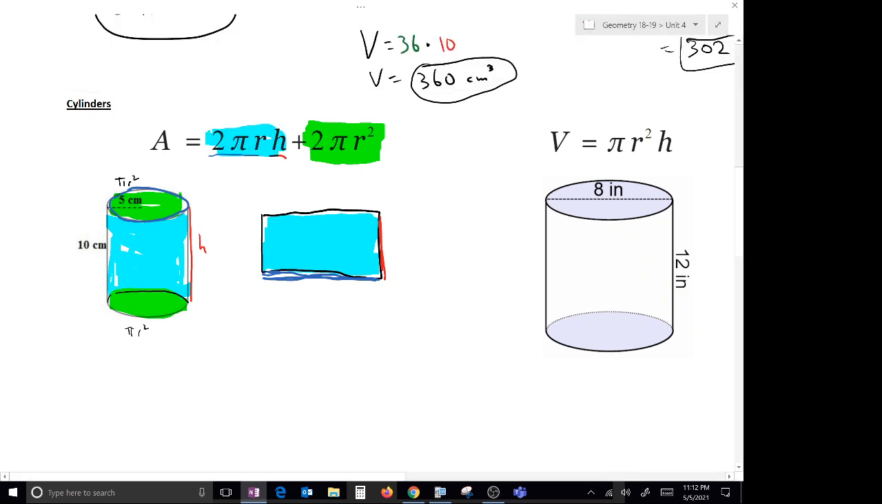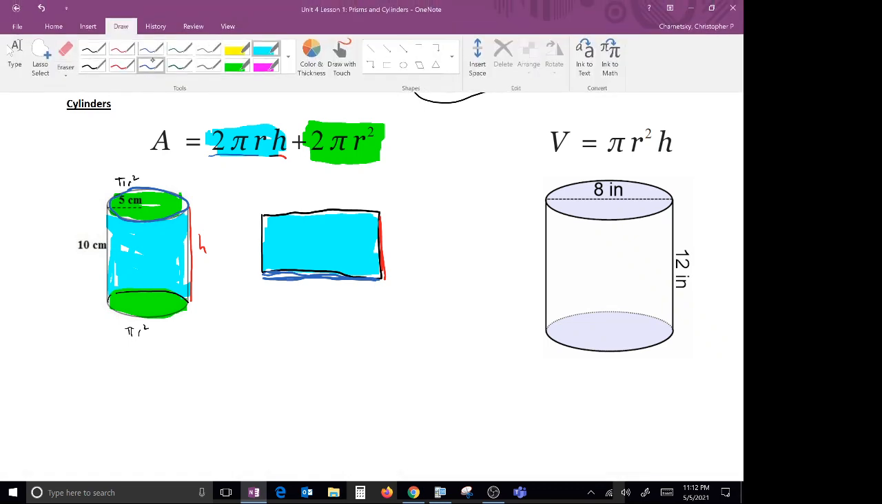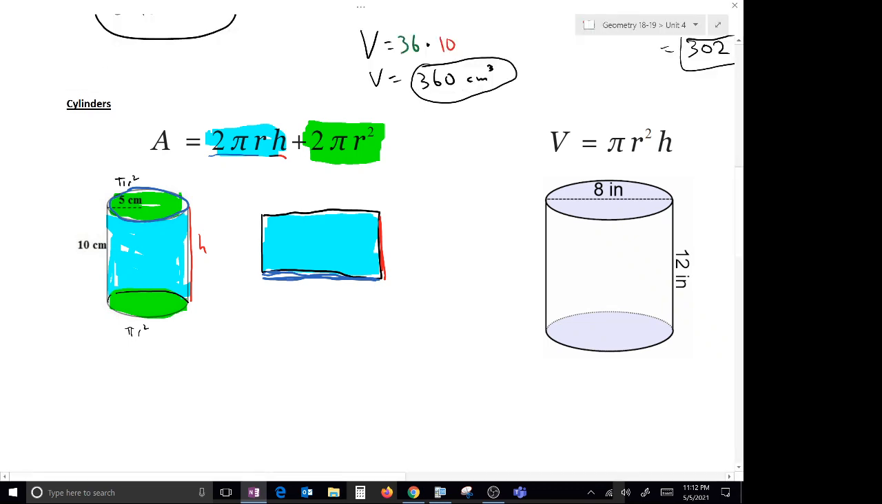But really in practice it's pretty simple. You only need the radius, which is 5, and the height, which is 10. And you just plug it into the formula, so that's going to be 2 times pi times 5 times 10 plus 2 times pi